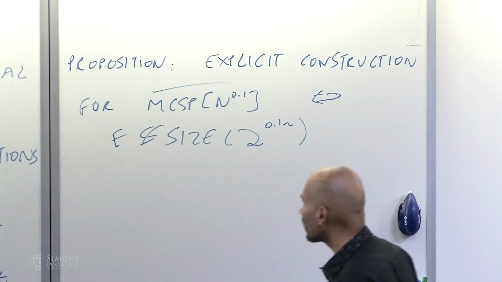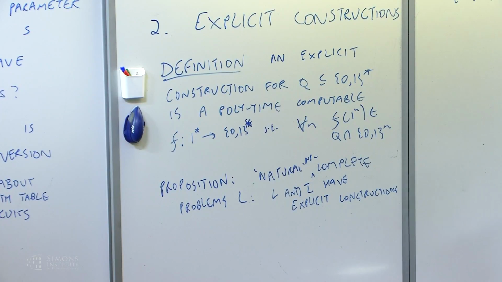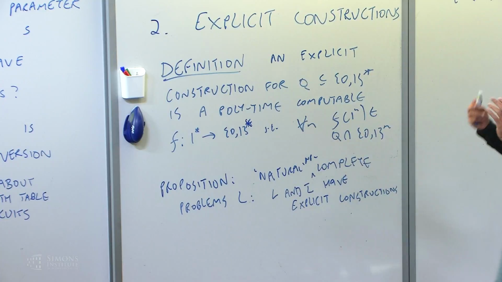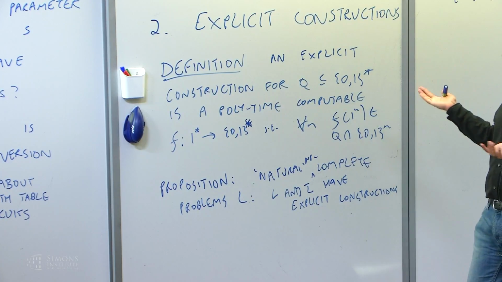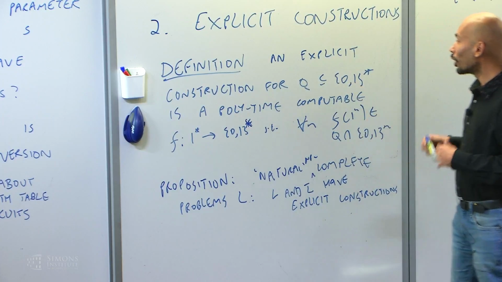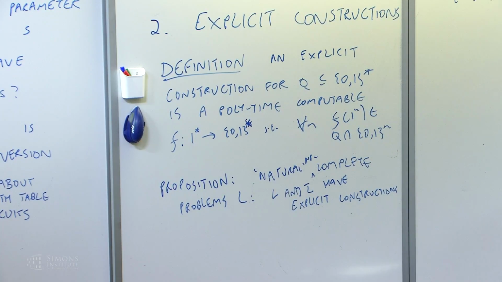I should just mention in passing that for natural NP-complete problems, the language and its complement have explicit constructions, but there are natural problems in P for which we don't yet know this, right? If you take, for example, primes, which is a problem in P, we don't have explicit constructions in polynomial time for that. If you take Ramsey graphs with optimal parameters, we don't have polynomial time constructions either. So the complexity of deciding Q isn't always correlated with how easy it is to have an explicit construction. There are properties which are easy to decide, but we only know explicit constructions under derandomization assumptions, and others which are very hard to decide, but for which explicit constructions are easy, right?